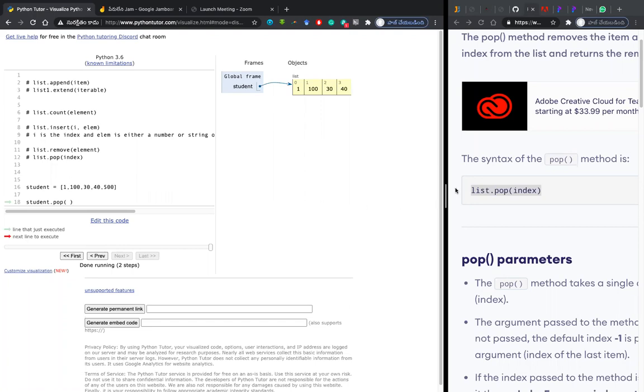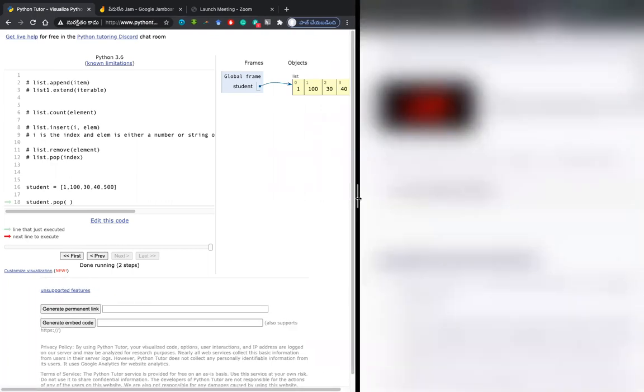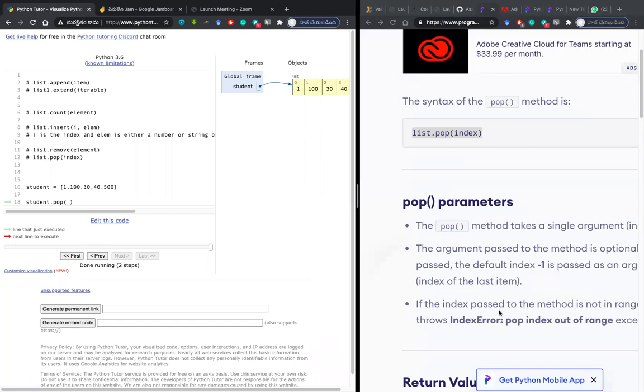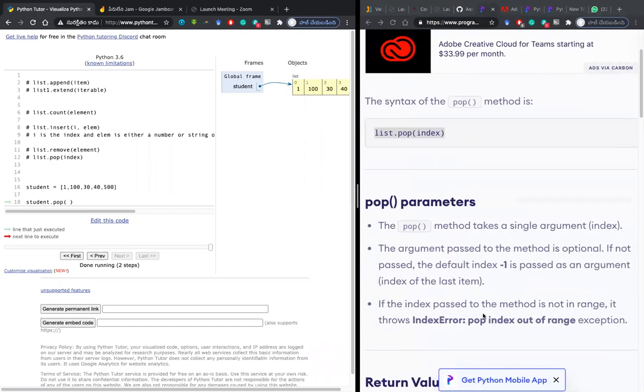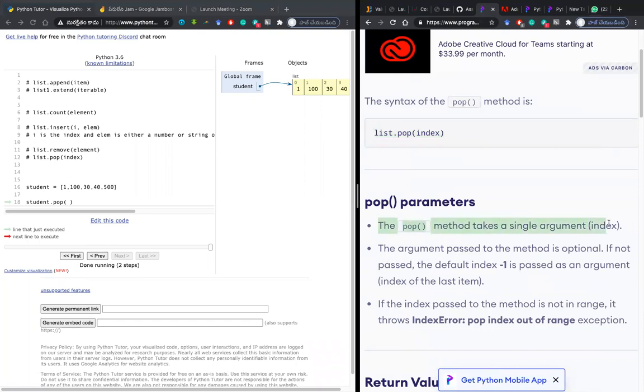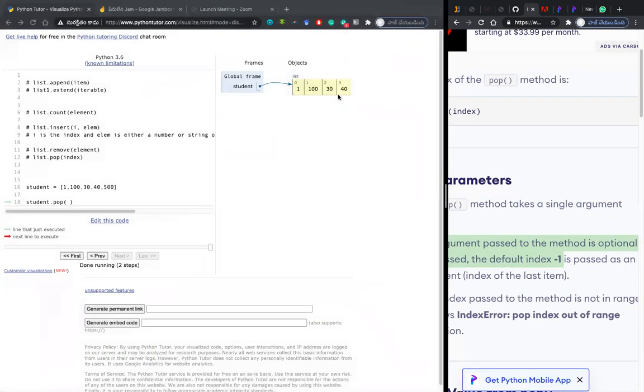And you need to know one thing. It clearly says this one, you see. The POP method, you see on the right hand side, the POP method takes a single argument index. But if you did not mention any index, the default index is -1. In this case, what is the -1 here? 500.